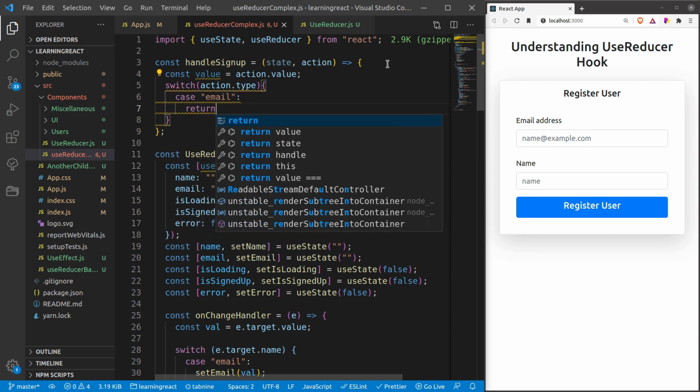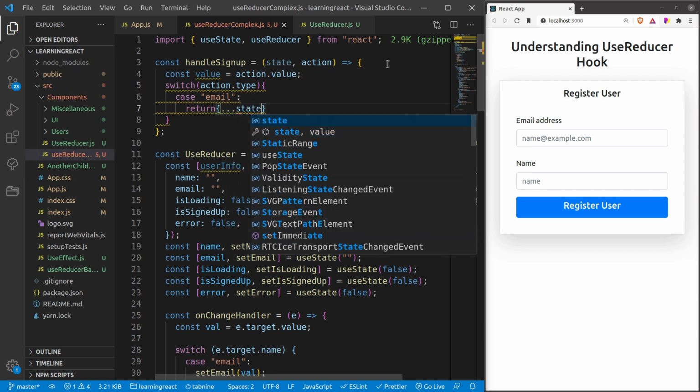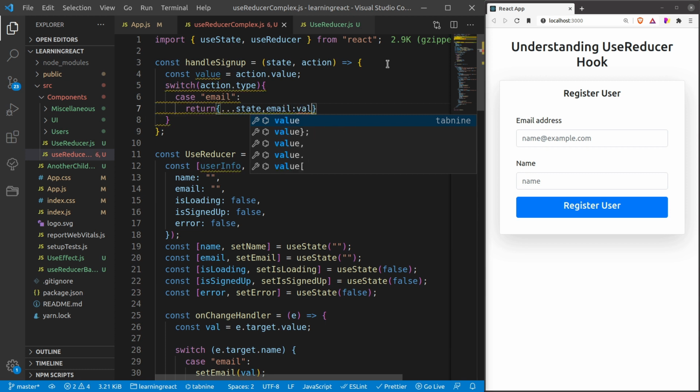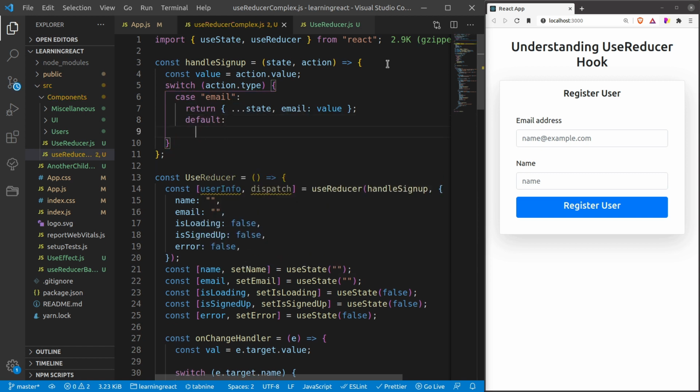And in the return statement, what it will do is it will copy the state. It is the concept of immutability, and then update the email with the value. That's it. And then it is saying that you should have a default, and then in default you can say alert error. It is just for the time being.